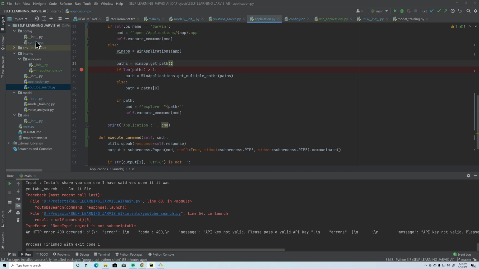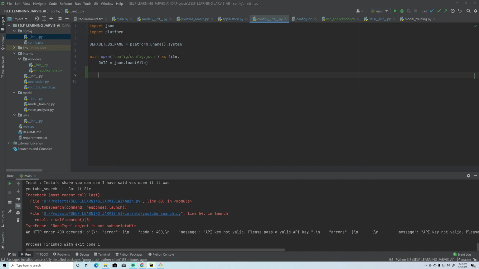So to have that, first, import os. If os.path.exists, and here I'll name that file app details file, equal to the applications.json that we are going to create in the config, right?